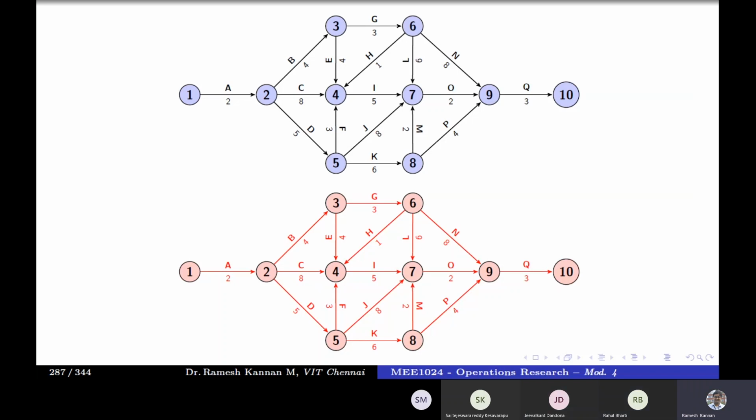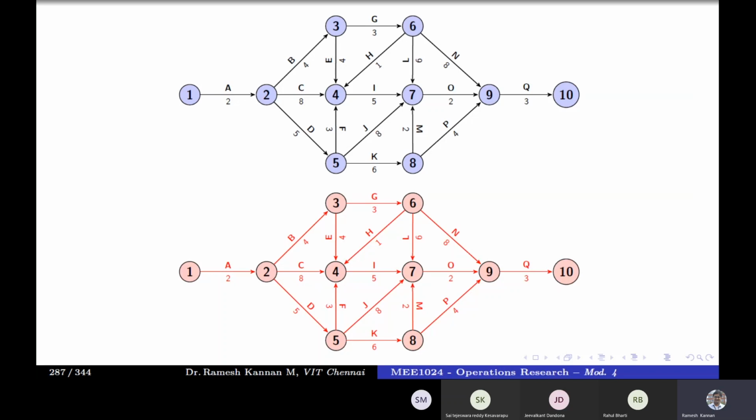PERT is also similar in its computation procedures, but with an additional advantage. One advantage of PERT is that in CPM, the time is deterministic, which means that for an activity, if it is 8, it is 8, and if it is 2, it is 2. It is the same. We don't talk about the skill of the people. Say, for example, the duration of the exam for all the people is the same, say 3 hours.